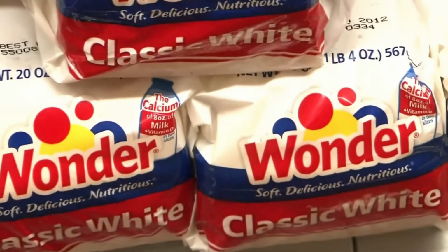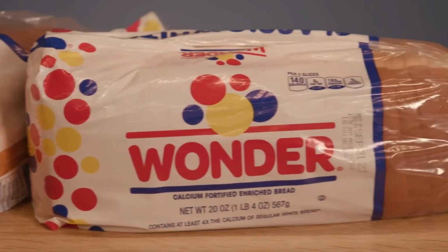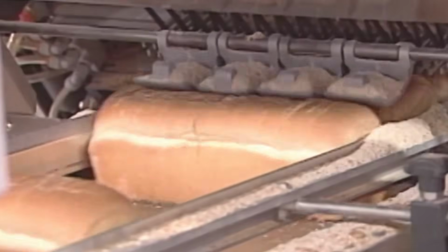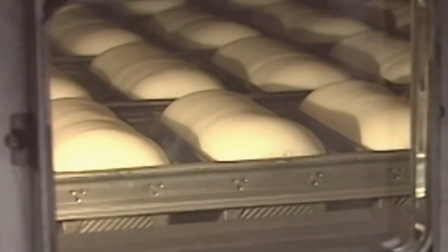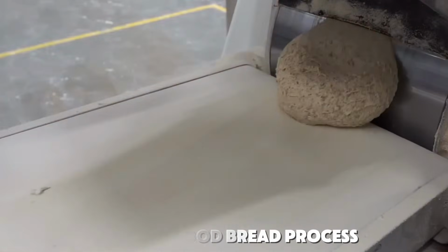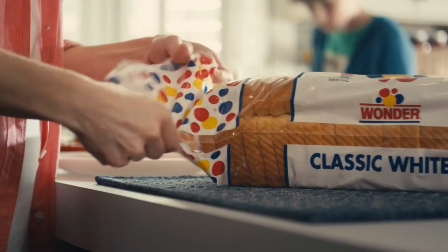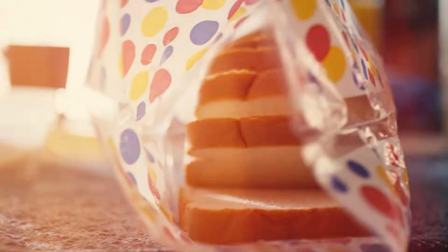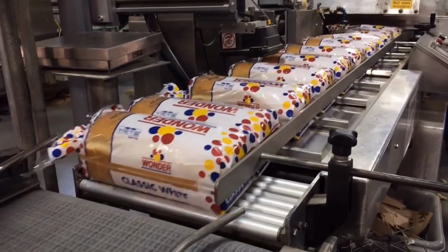Basic stuff. And they point out that the majority of commercially sold bread in the English-speaking world quietly abandoned that standard somewhere around the middle of the 20th century. In Britain, the turning point was the Chorleywood bread process, developed in 1961, which used high-speed mechanical mixing, chemical additives, and lower-quality wheat to cut fermentation time from hours to minutes. That process, or variations of it, became the industrial template most of the world now follows, and most of us